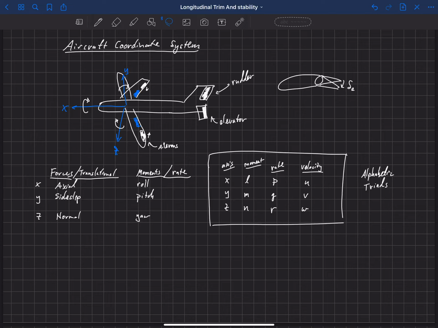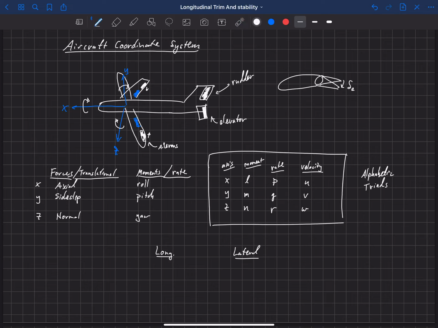Our discussion of the forces and moments on an aircraft is going to be divided up into two categories. We're going to be looking at longitudinal forces and moments and lateral forces and moments. The way we divide this up is we imagine that the aircraft is symmetric about the XZ plane. Most aircraft are very close to symmetric about this XZ plane, so you can imagine cutting a plane through the center of this aircraft. And the forces and moments that lie in that plane